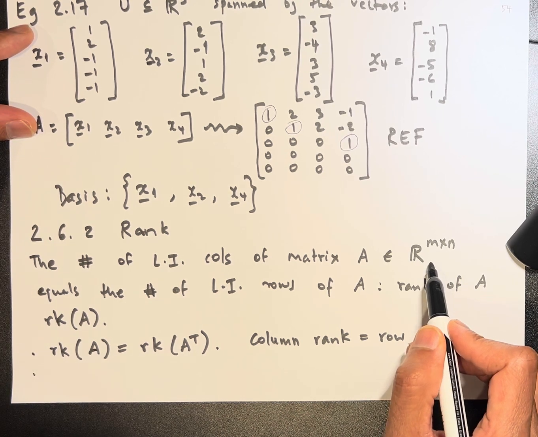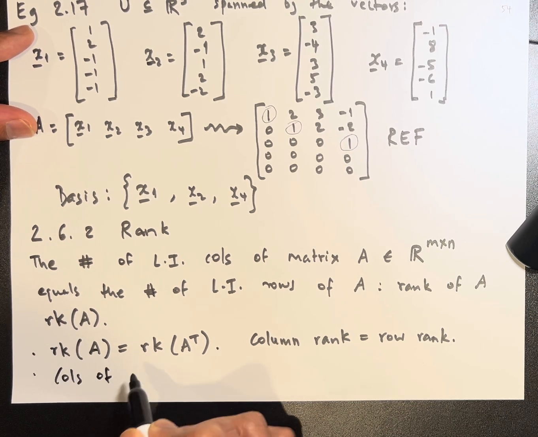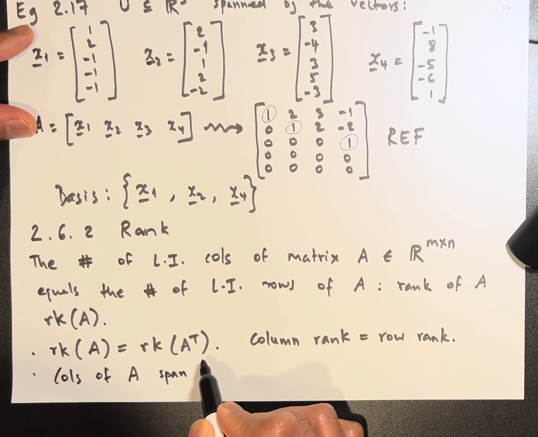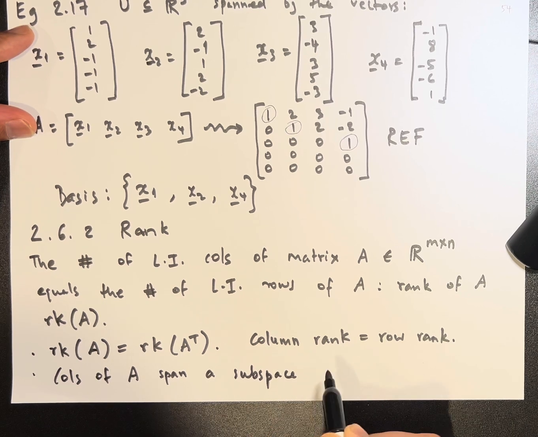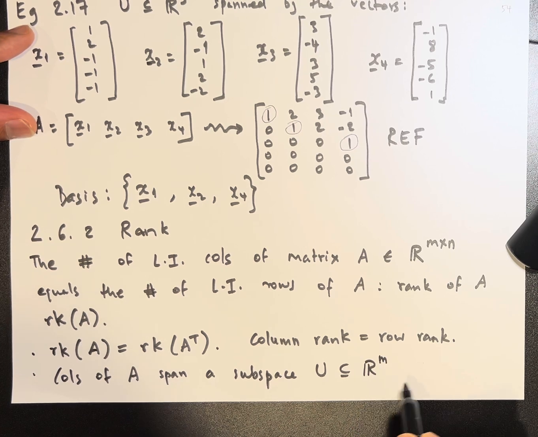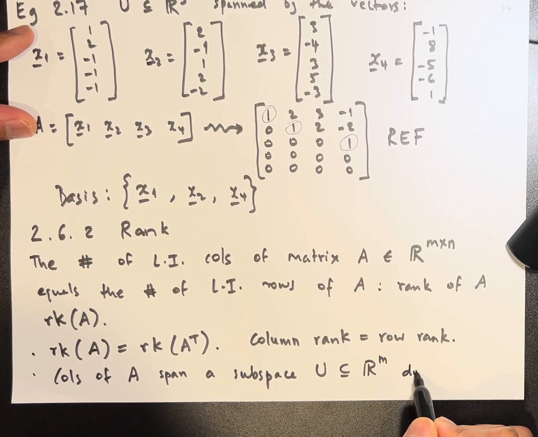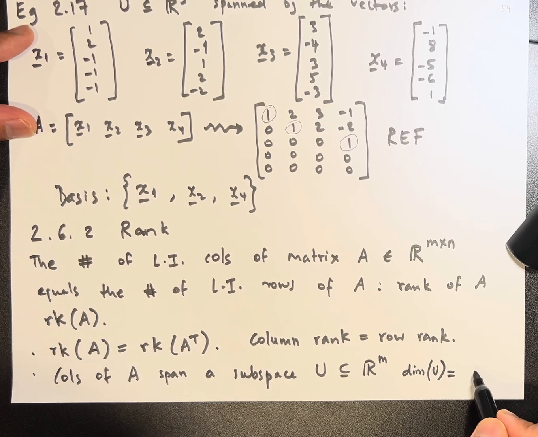So the columns of A span a subspace U, and this U is a subspace of Rm, right? And the dimension of U is going to be equal to the rank of A,